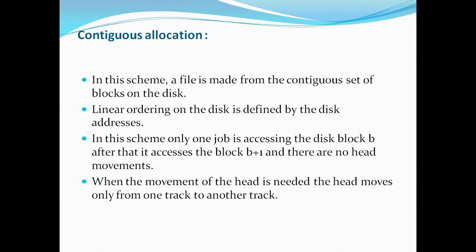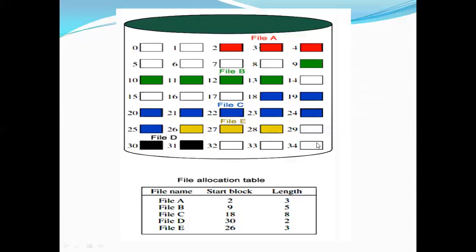The name contiguous itself indicates that we have to arrange the file data in a contiguous or sequential manner. In this scheme, a file is made from a contiguous set of blocks on a disk. Suppose this is a disk, and in that we have to store, suppose first,